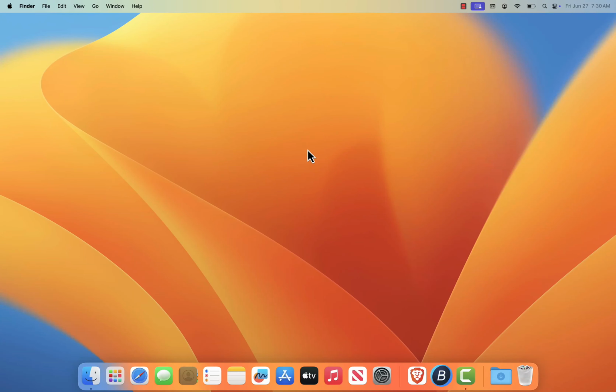Hey everyone, in this quick tutorial I'll show you how to download and install Telegram on your Mac in just